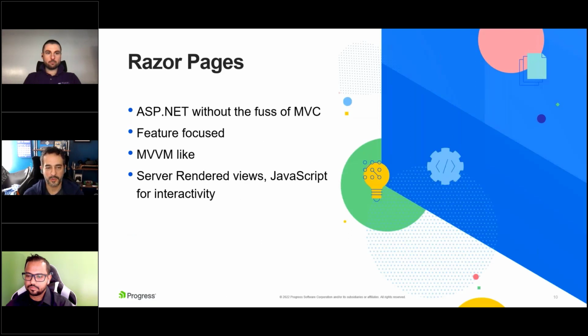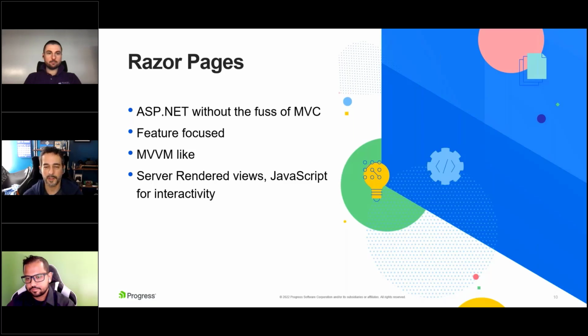We also have Razor Pages. This is kind of a brother or sister to MVC, you could imagine. It doesn't have that separation of concerns by model, view, and controller, but instead by feature. So instead of having separate folders, and you may have a model for a feature and then a view for that same feature and a controller that handles that view and model for said feature, Razor Pages combines all of those things into one file, or sorry, two files rather, a view file and a code behind file.